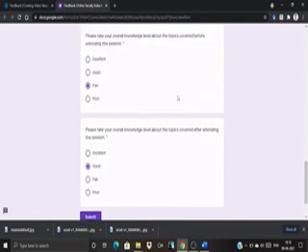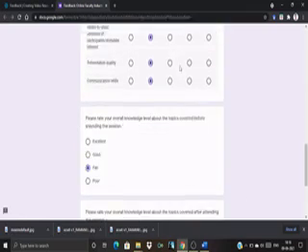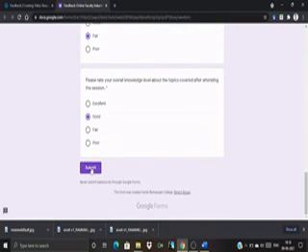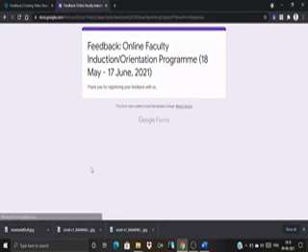After filling all the form, what you have to do is you have to press the submit button. Okay, so when you have submit button, that's going to the next session, that is your feedback has been registered. Okay, so now we can assure that our feedback has been registered and it has been submitted. Okay, so this is how you fill a feedback form using Google Forms. Okay, thank you.